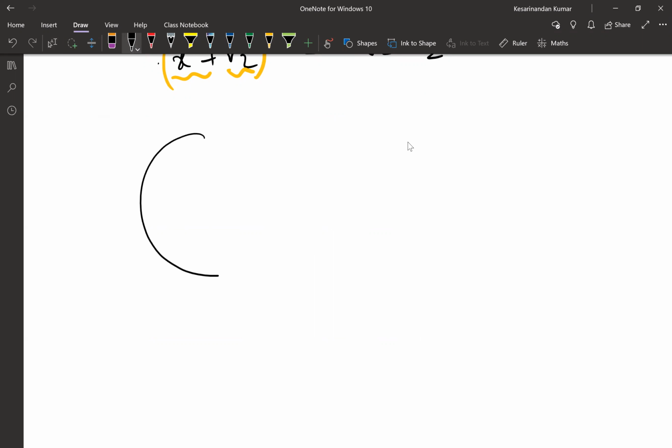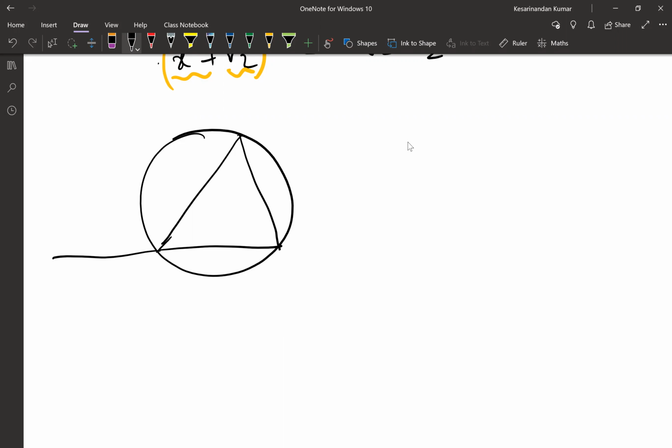Sum of two interior angles. No, that's not the case. Think. I'll give you 30 seconds, guys. Sorry, Kesari, what are we supposed to find here? We are not supposed to find anything. I'm trying to ask about a theorem, like the angle subtended by a chord. It goes along these lines: if there's an external angle, it will be equal to some other angle, or similar lines. I'm not purposely stating the complete theorem, just testing if you remember it.